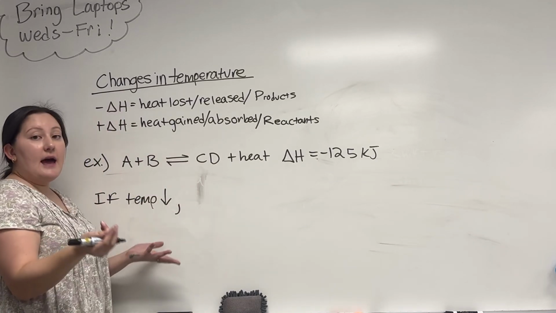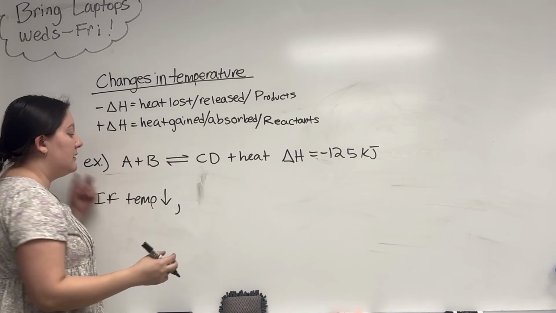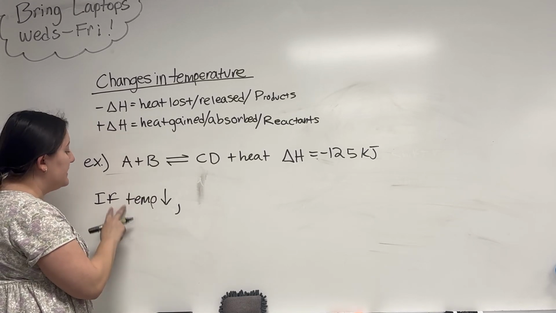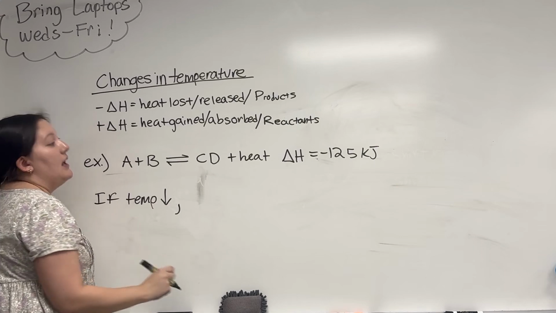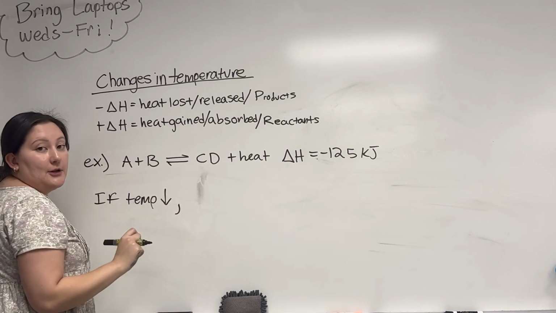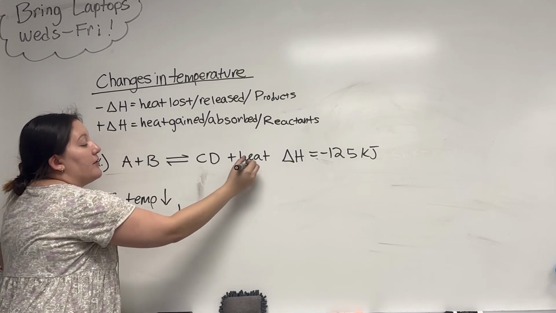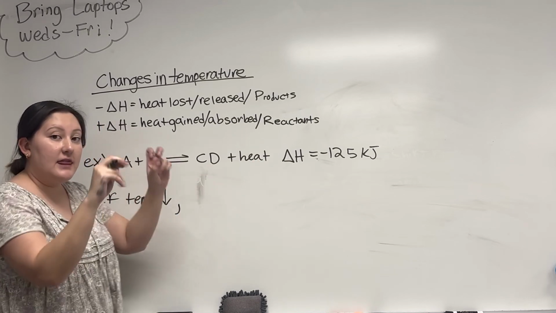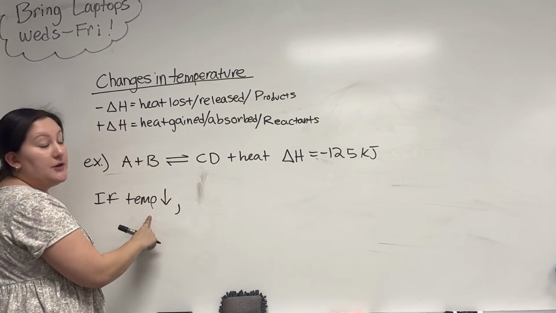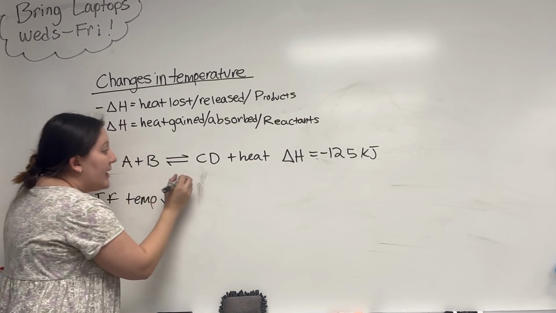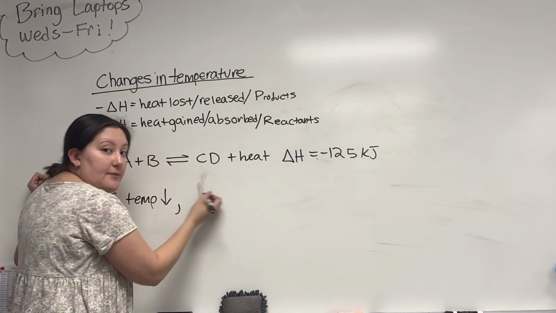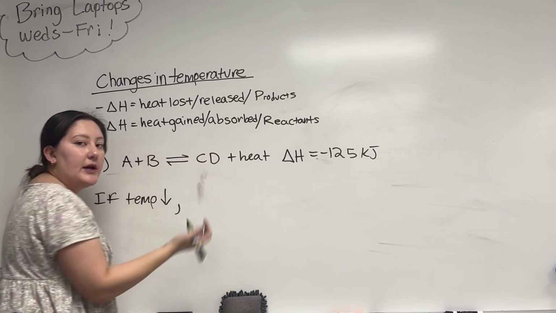So let's say that the change that I'm applying for Le Châtelier here is to decrease the temperature. So if I'm decreasing the temperature, that means heat's being taken away. That means I have a hole on the right. So you can think of heat as the substance that's being decreased or taken away. So if this is now producing less heat, the reaction is going to go in the direction of heat producing to fill in the hole that we just created.